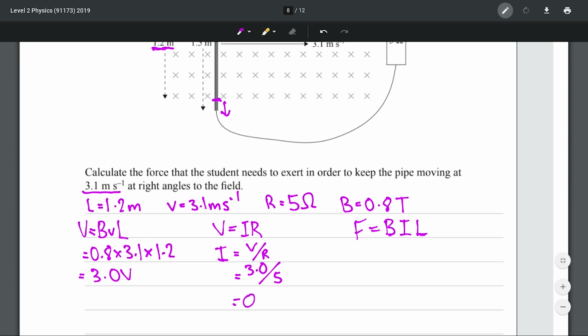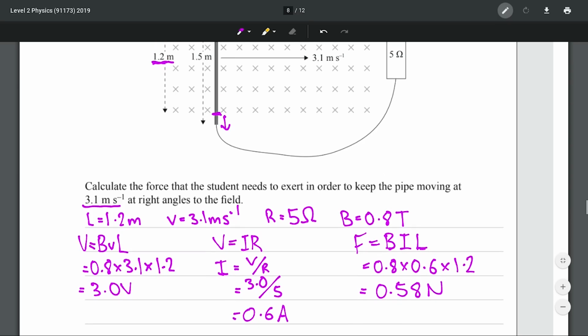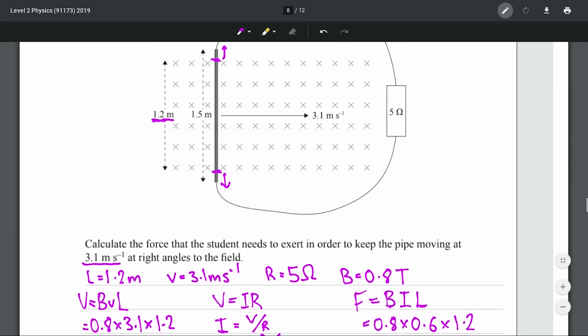gives me 0.6 amps. And now finally putting all our numbers into our force equation gives me 0.576, which I'm going to round to 2 significant figures, so 0.58. And that's in newtons. So the crux of this question, to kind of summarize what's going on, is that